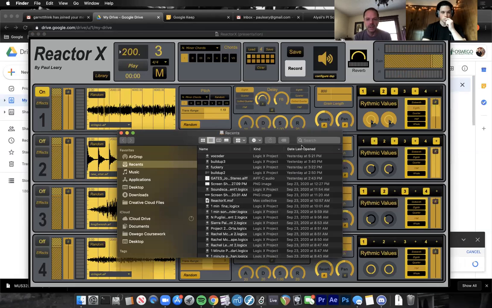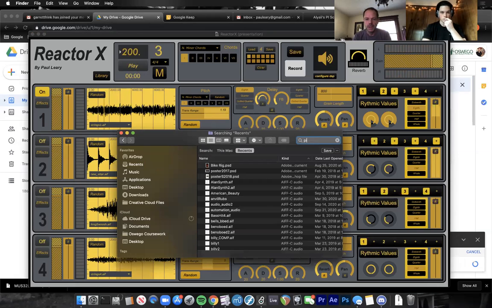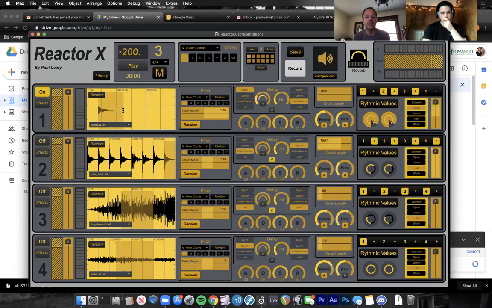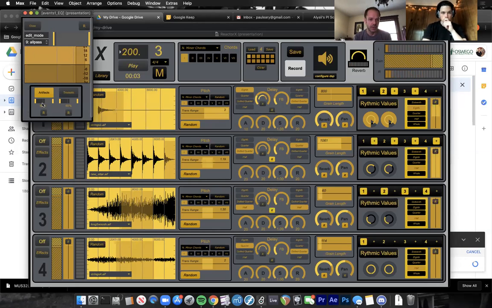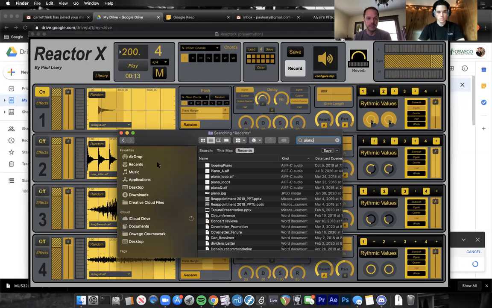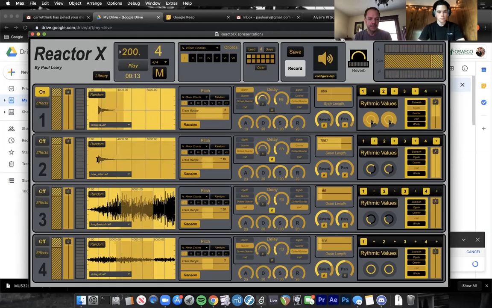So actually a really good example, C, piano. Hey, there we go. Let me grab this. This is just a C on the piano. Oh, so there's also some effects going on here. Let me turn that off. So 1 chord, 3 chord. Then 1, right? So it will basically randomize, and if I have 2 of these,